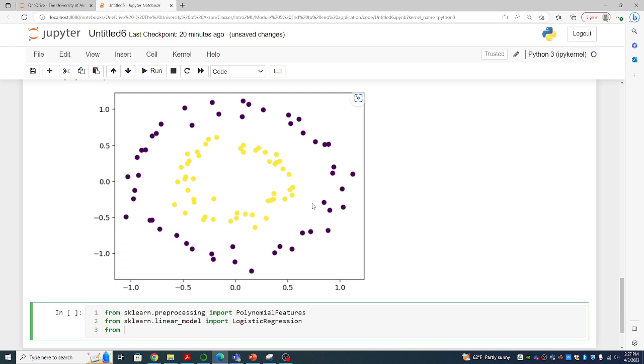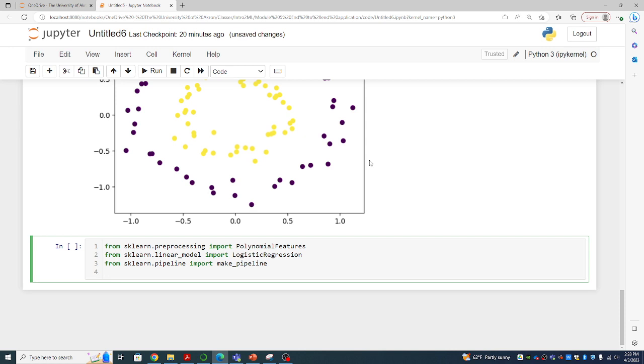Instead of using Pipeline, there's an alternative method. From sklearn.pipeline import a function called make_pipeline, and we'll use make_pipeline to generate a pipeline: polynomial, and then logistic regression. Again, we can set verbose to true, then we'll see each step. And now we have the pipeline,